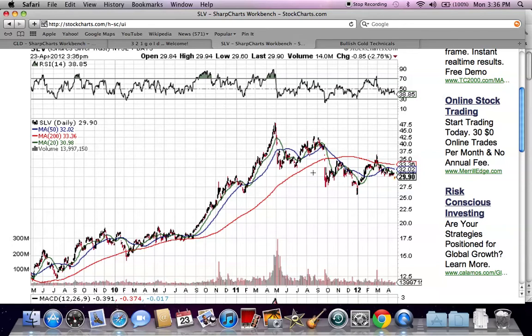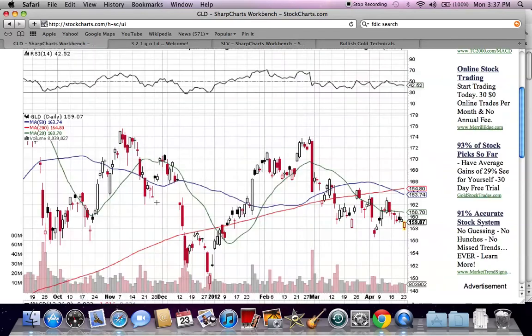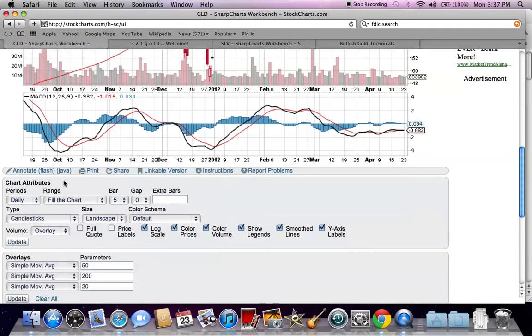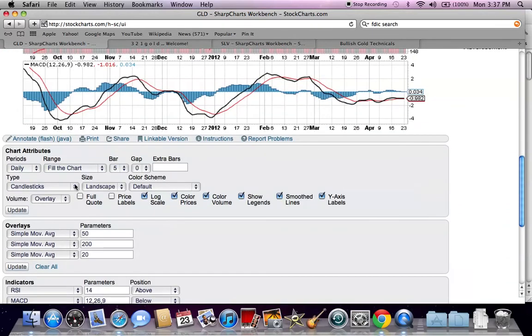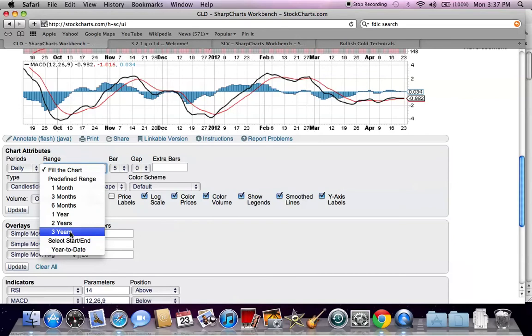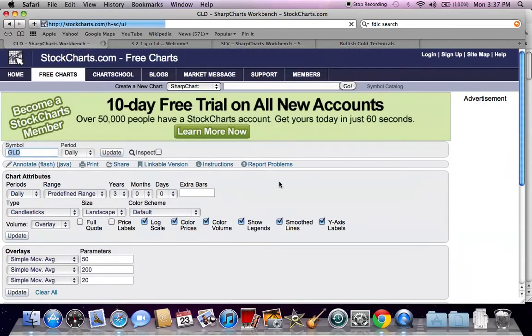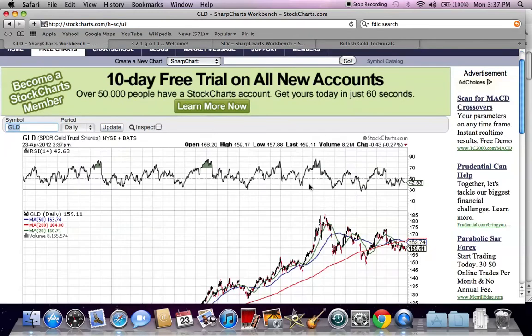And this chart is just ugly right now. It's trying to make a triangle type pattern, but we need a break above this resistance line here, which is going to end up being the 200-day moving average. As far as gold, it looks much better to me than silver, and you'll see why if I do a 3-year chart of gold compared to silver. Gold is a much tighter range. It looks better. The chart's more solid, as you'll see.